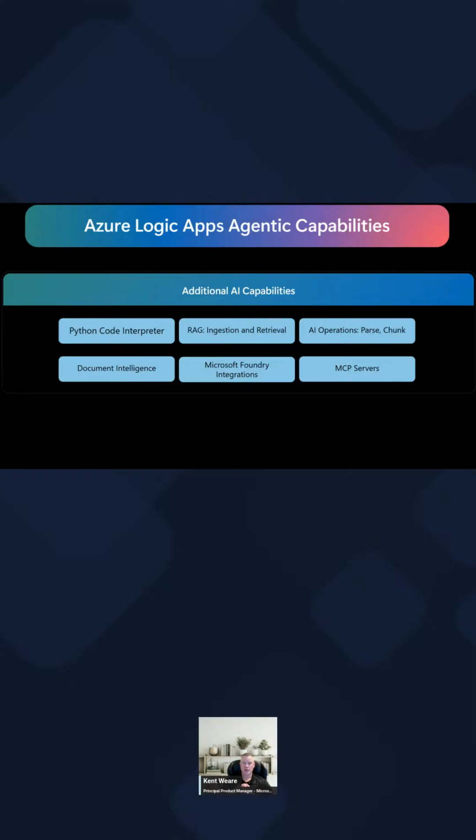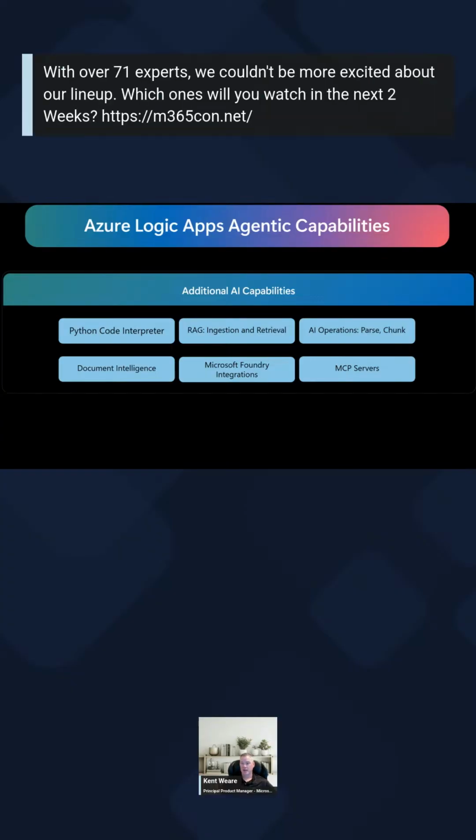We also offer some AI operations. You saw one of those around parsing a document. When we think about ingestion, chunking is another built-in operation. We also provide document intelligence. This is in the form of a connector, and would be useful when you want to parse a PDF document. You might have an inbound process where you get an invoice as an attachment, and you can scrape that content from the PDF and then populate downstream systems by using connectors.